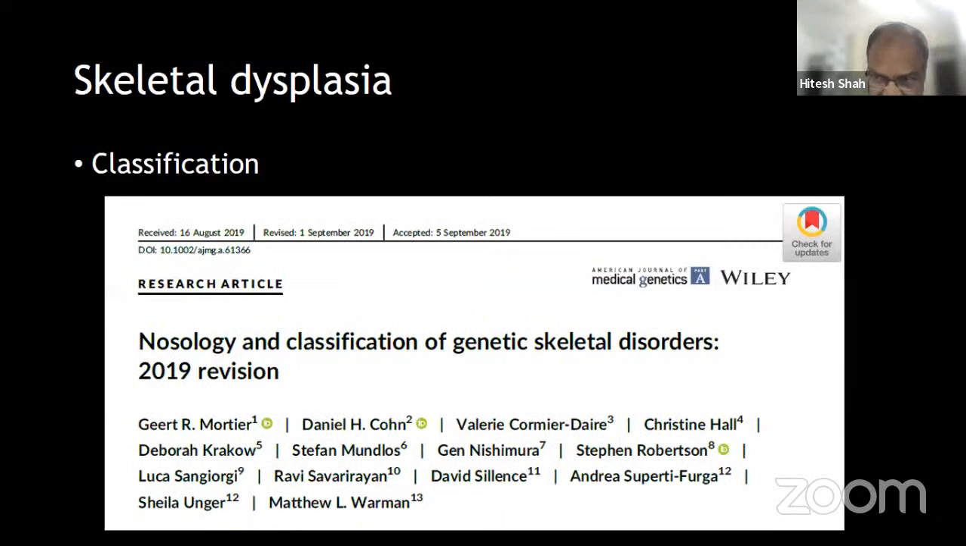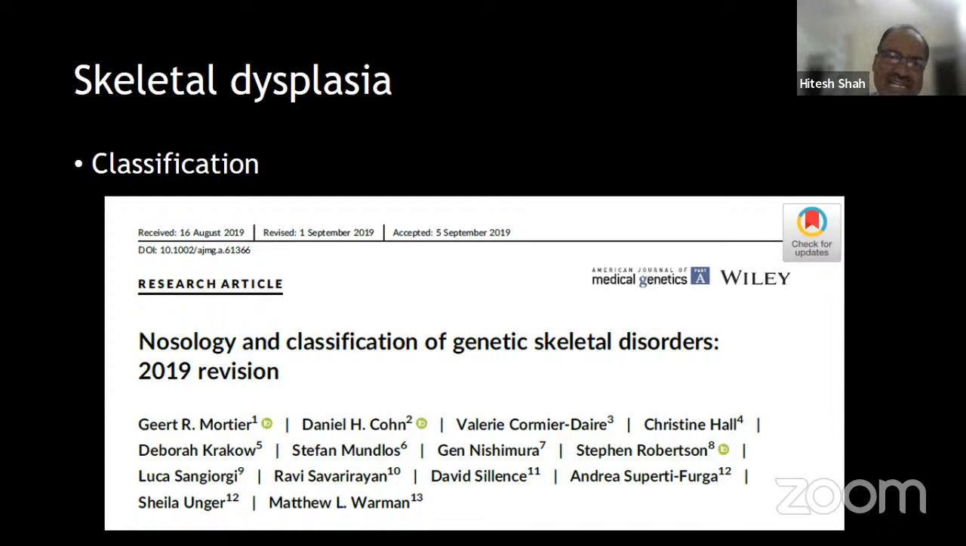Last but not least, for the diagnosis, I will suggest whenever you are in doubt, we can go ahead and refer to such a paper, like the nosology and classification. Geneticists come up with the classification every 5 years. They came in 2006, then 2010, 15, 19, and a new